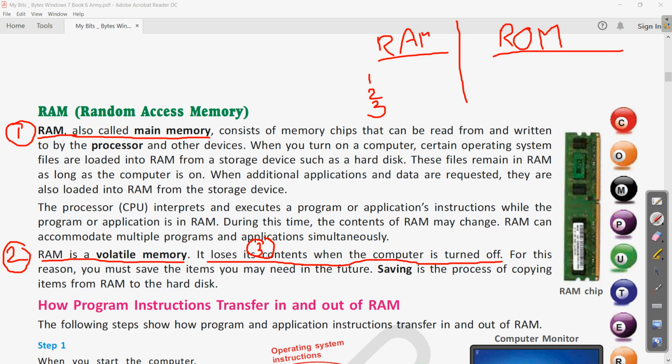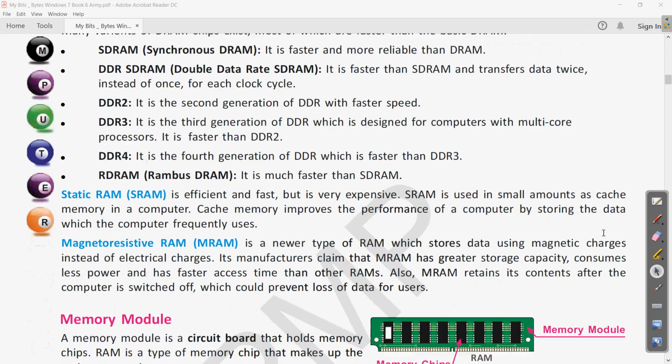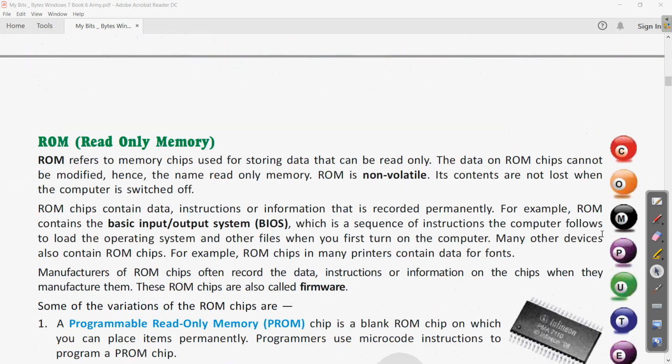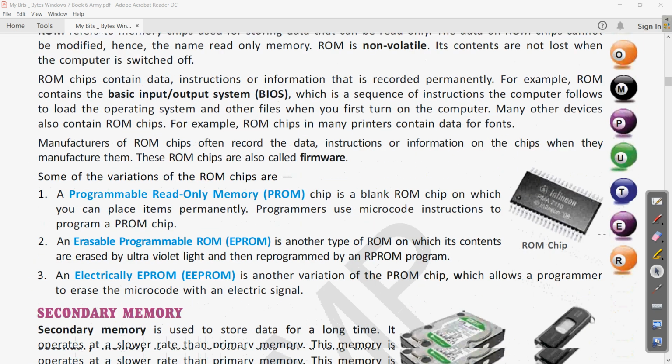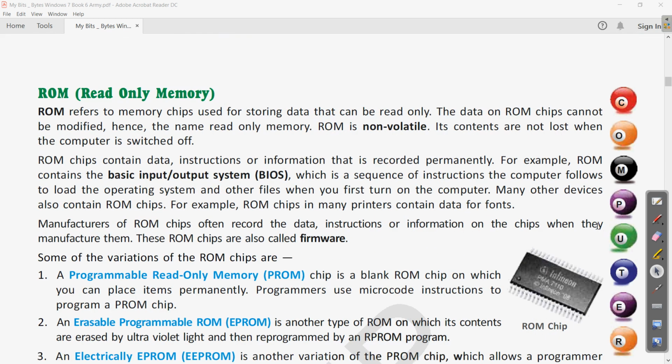About the ROM. So this is page number 15. About the RAM we have seen on page number 15. Now let us see about ROM on page number 17. Okay, let us erase this first and move to page number 17. Okay, so coming on page number 17, we are going to write about the ROM. So here it is about ROM, and here also you will write point wise.